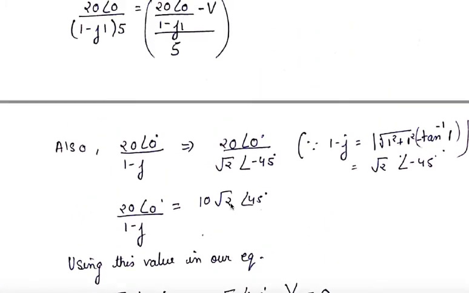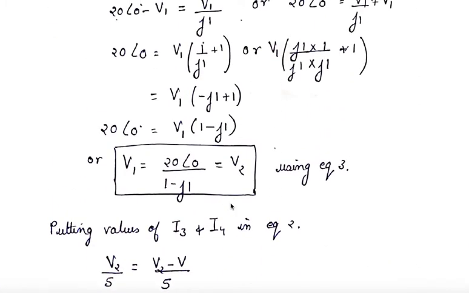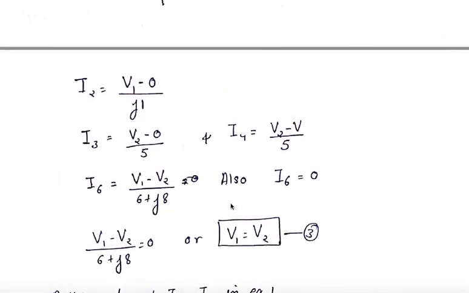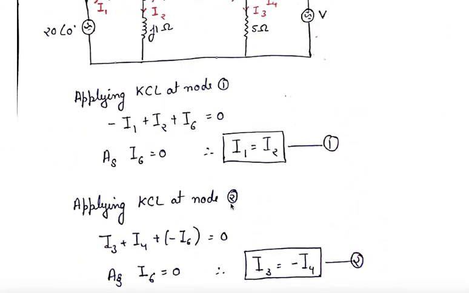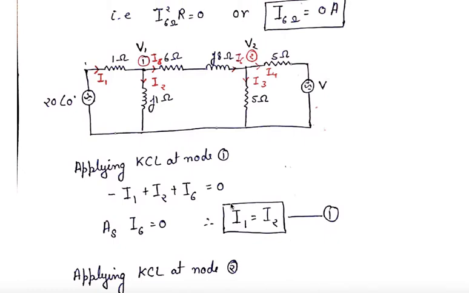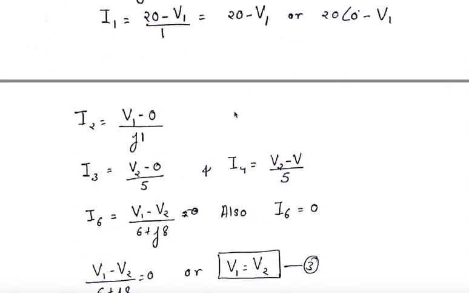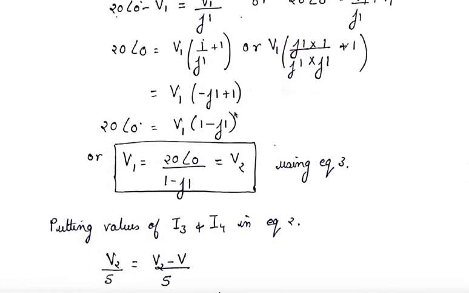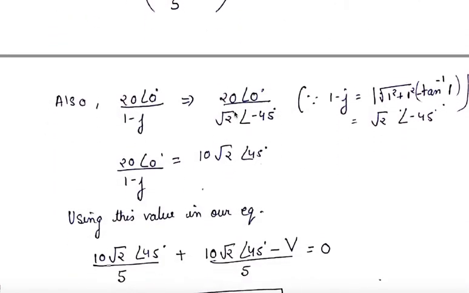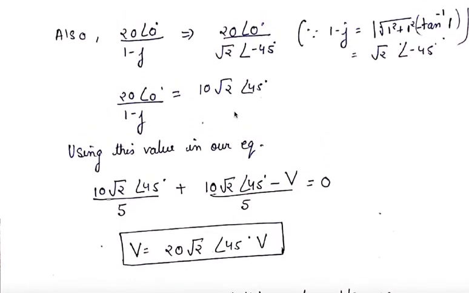So now you see this question, which seems very complicated and so many equations are required for it, but we have done it in a very simple way. We have marked the current first, we have taken out the relations, what all equations can be made, and then we have found the magnitude of it, and then we started putting them in the equations one by one, and then we finally got our value of v. So in this manner you should approach any question, then it will be very easy to solve and very quickly it will be solved and your answer would be correct.